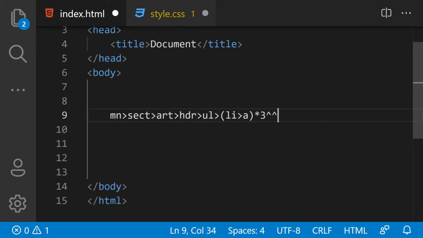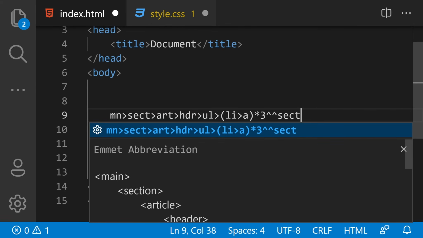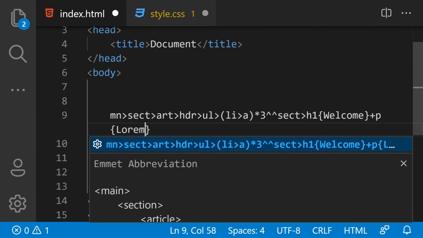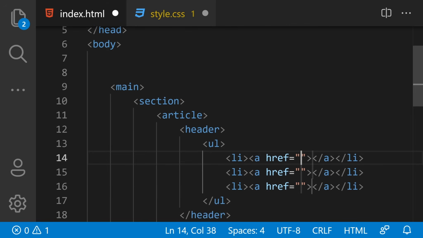Then I want to go outside, so I'm going to write a caret symbol to go outside from there, and then I'm going to write a section one more time. Inside this section we would have our h1 with a text of welcome in it, and then plus and then p for the paragraph, and then I'm going to put my lorem in it. Okay, so if I hit control space and enter,